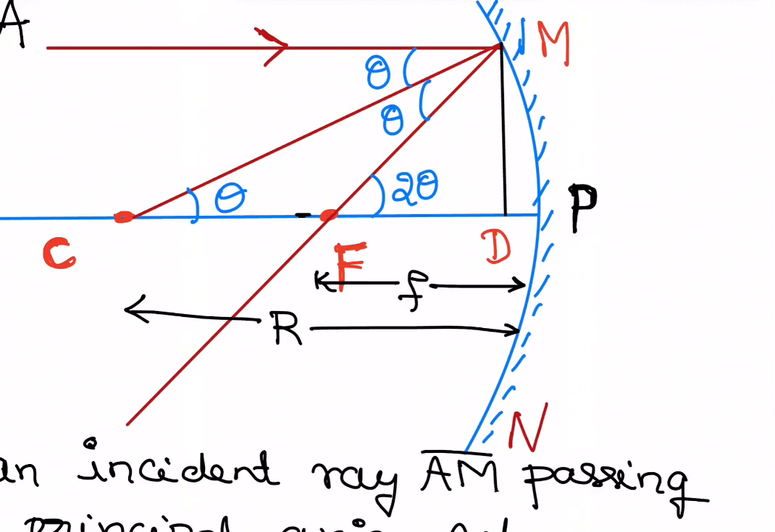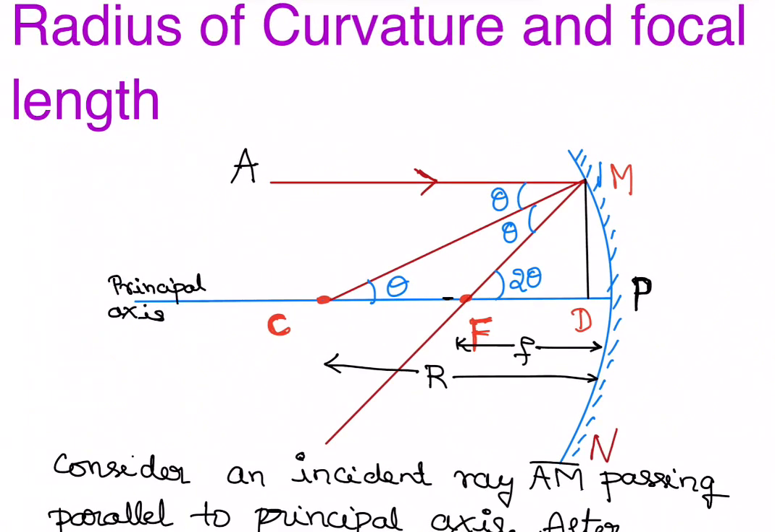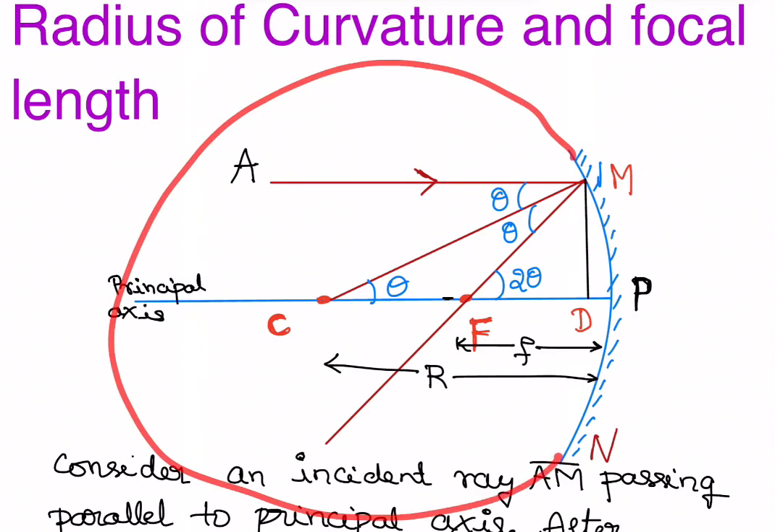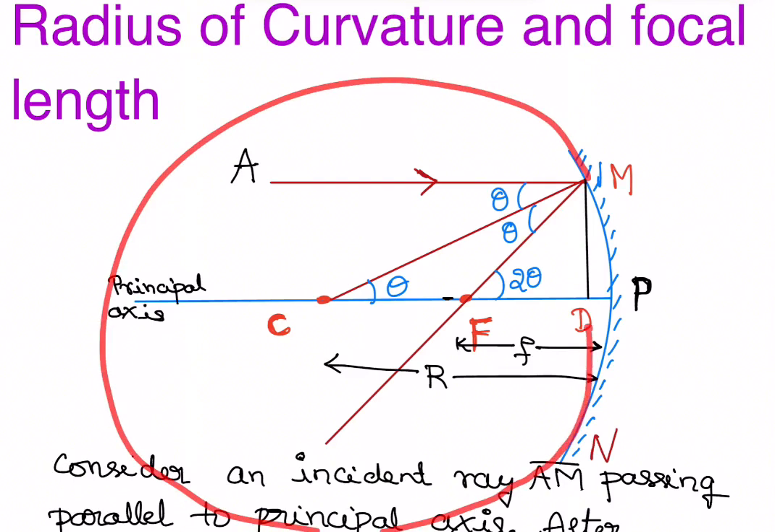The mirror is three-dimensional. It is a flat surface, but it is curved. The exact geometric center is called the pole. So this is the pole of the mirror. And if you take the whole sphere of which the mirror is a part,